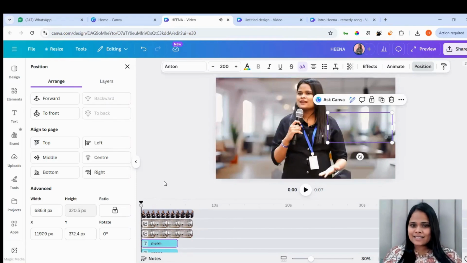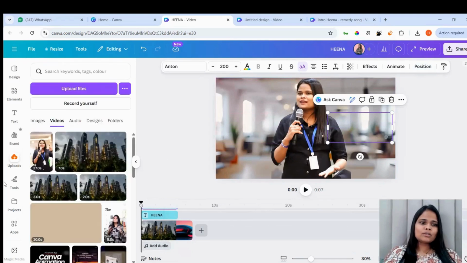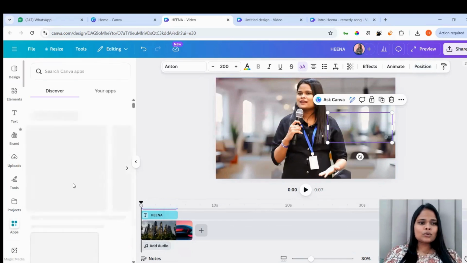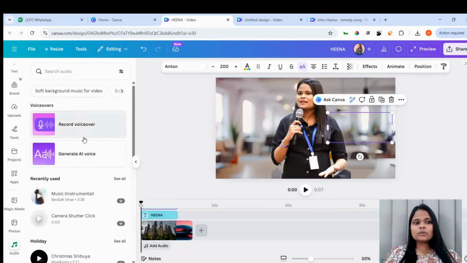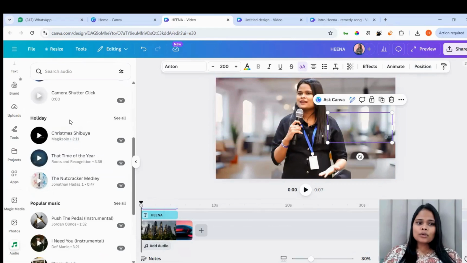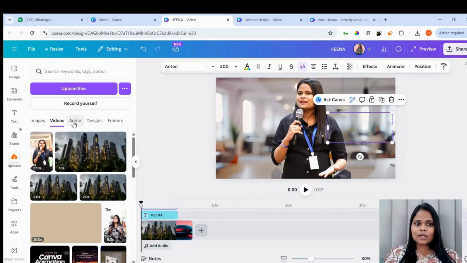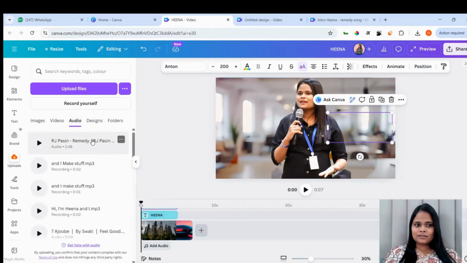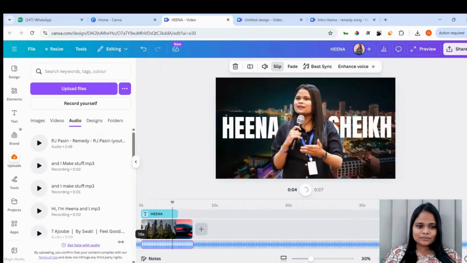So this is how you can create this clip, and you can add audio as well. Like if you want to add audio to it, you can add audio. Like you can choose audio files from Canva itself. If you go to apps, you'll find audio over here, and you can even add your own voiceover to it. You can add AI voice, or you can choose any music that you like from here, or you can upload your own music and it will come into the audio tab and you can add it. Okay, so easy like this, you can add it and you can adjust your clip from here. Suppose I want the exact part of the music, I can adjust it like this.